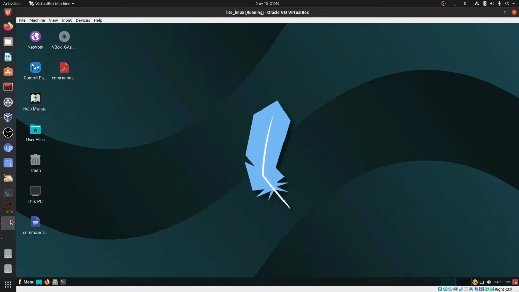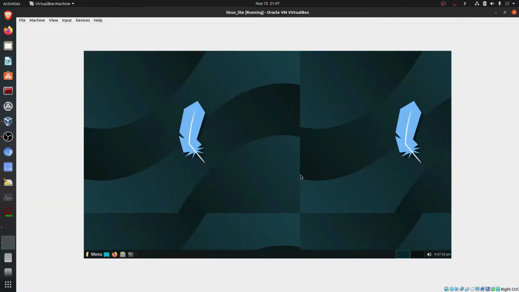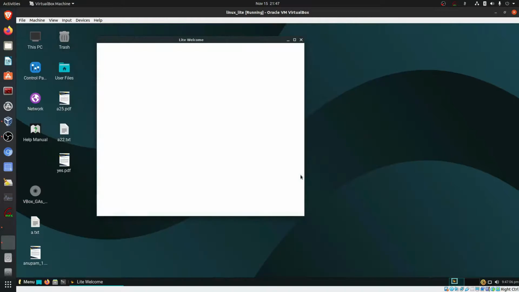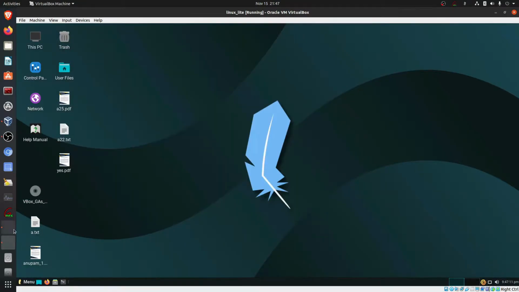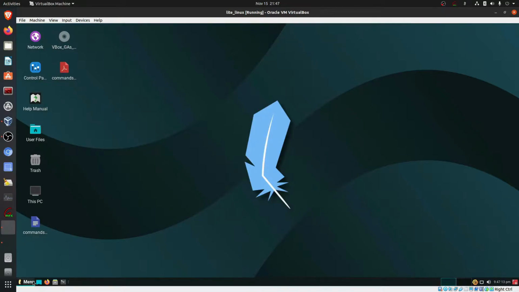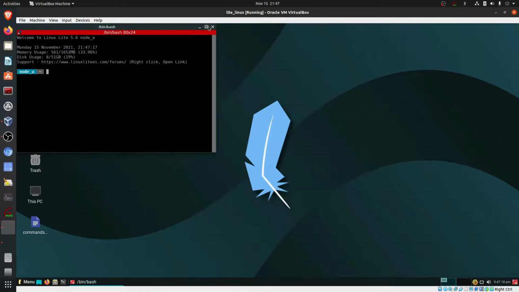So we'll now start with this. Meanwhile, I'll check if this has started. Yeah, so this is my other machine, and we'll log in here. We'll just see the state here, and go to the terminal.